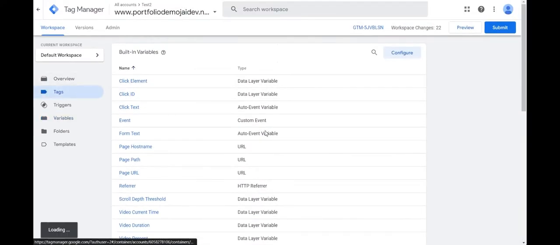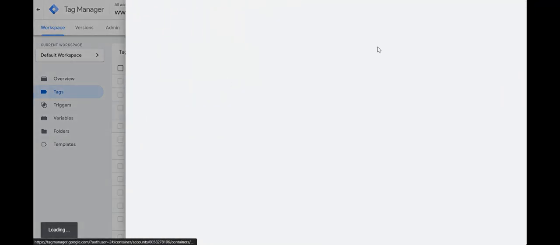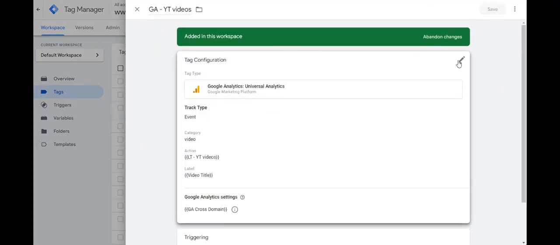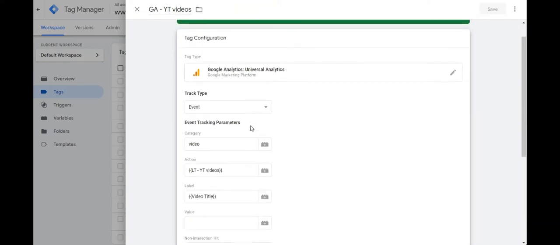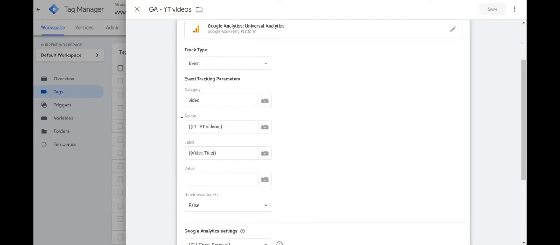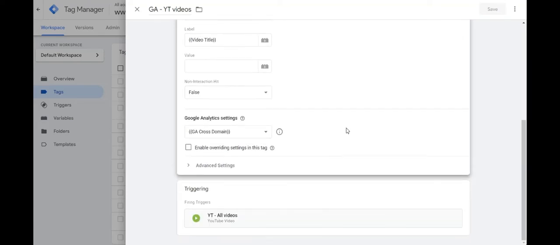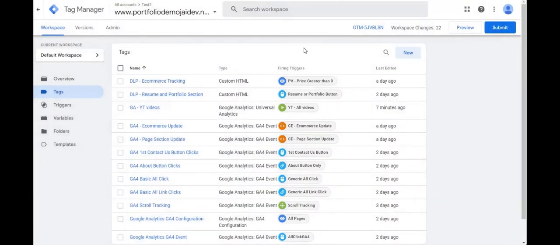Then we'll go to tags, and in tags we'll create a YouTube video tag, and set the track type to event, category video. You can change the category, action and label according to your needs, but I prefer to keep it like this: action, lookup table, and trigger. We'll set the trigger to the YouTube trigger we created earlier, name it and save it. So now if I were to go to my site,